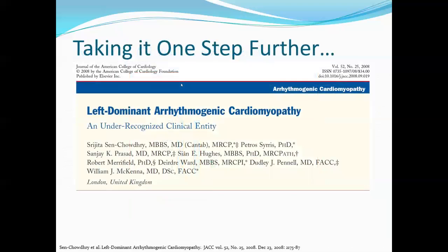And then one step further, obviously the difference between 1994 and 2010 was the aspect of the left ventricle. In 1994, they said the left ventricle has to be normal or pretty darn near normal. And in 2010, they recognized the fact that this can affect both ventricles. This can affect the left side, it can affect just the right side. So this was